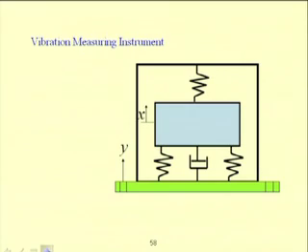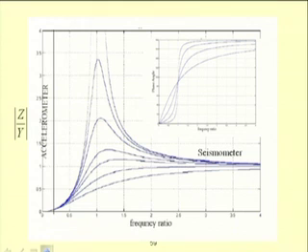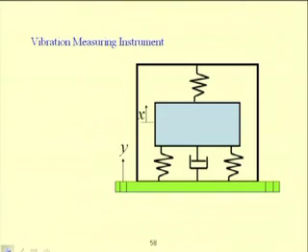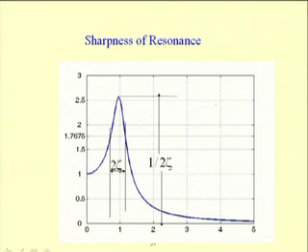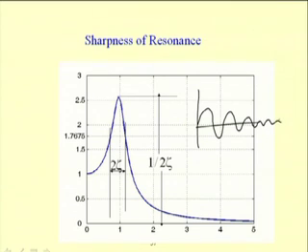For example, if one takes the free vibration response of the system and plots the response, and this is an underdamped system, then the response amplitude will go on decreasing, and one can find different amplitudes. Let this be x1, this be x2, then x1 by x2,